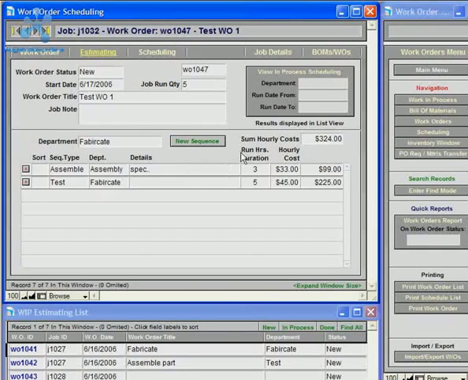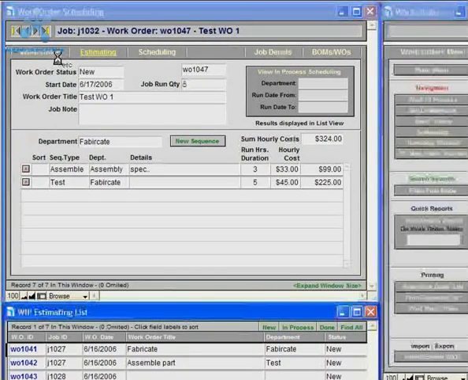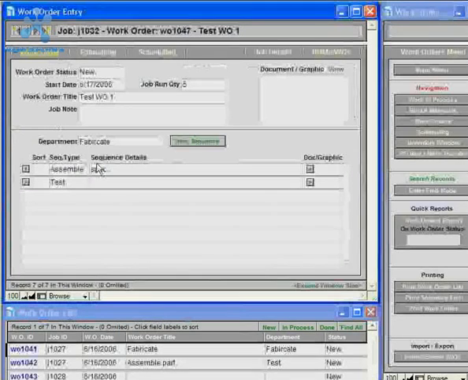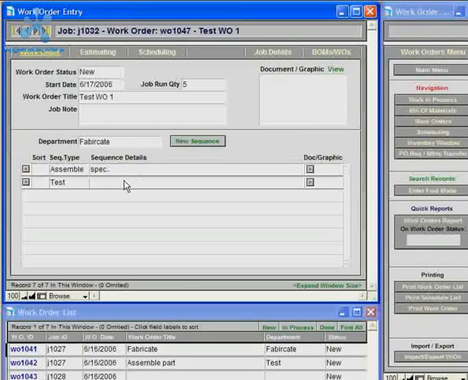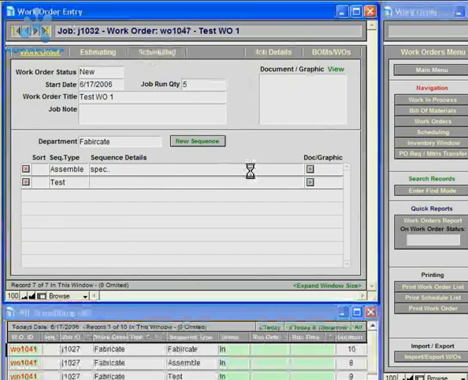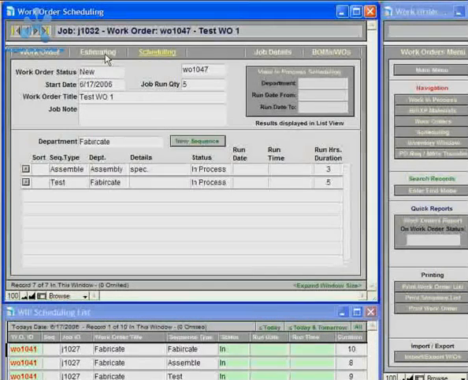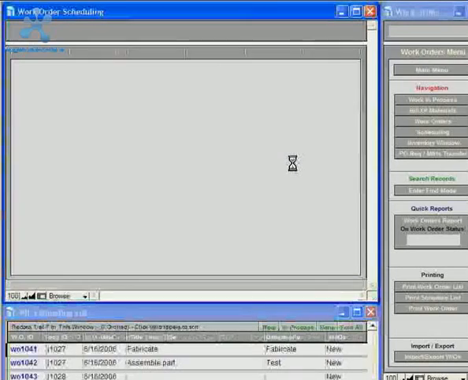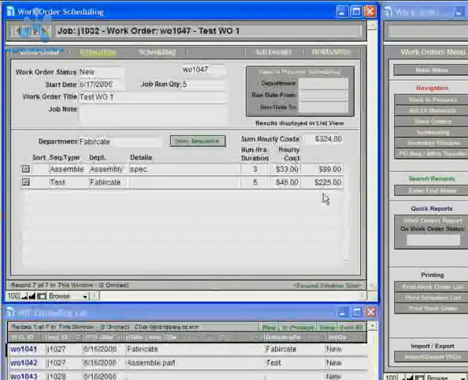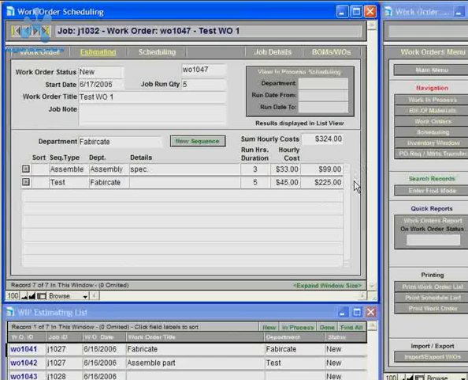And as you're doing the estimate, you can do other data entry. Like if you go to the work order, you can enter all the sequence details. You could also enter a document or graphic to go along with each line item, or just a general document or graphic to go along with the complete work order. Scheduling might be a little premature right now, so we'll just stay focused on estimating. So now that we've entered a couple records here for the estimate on this work order,